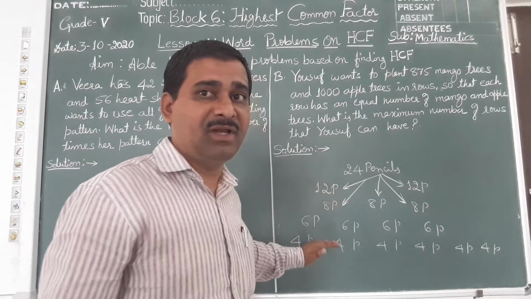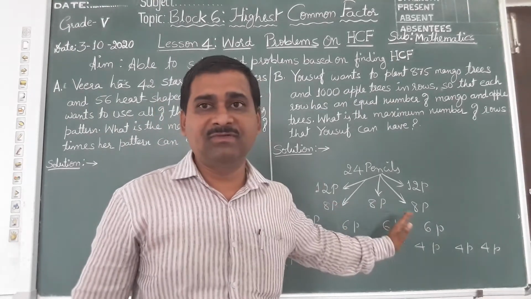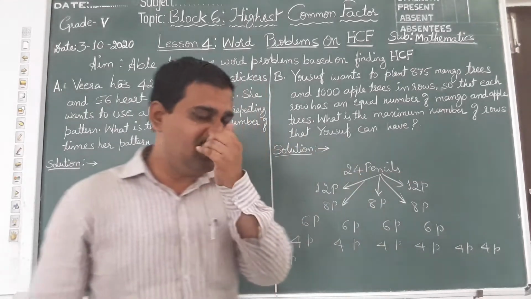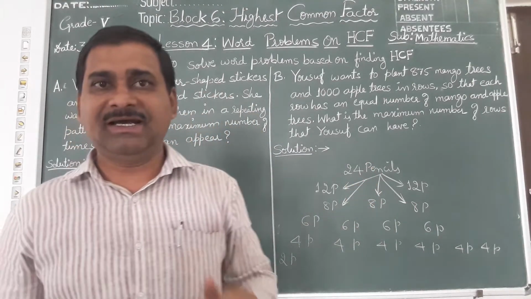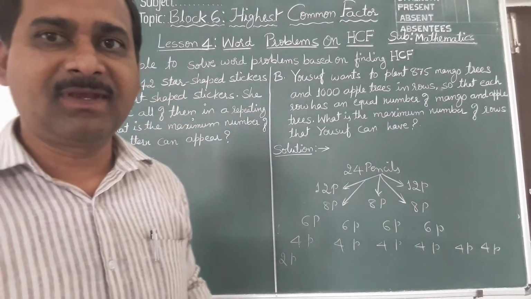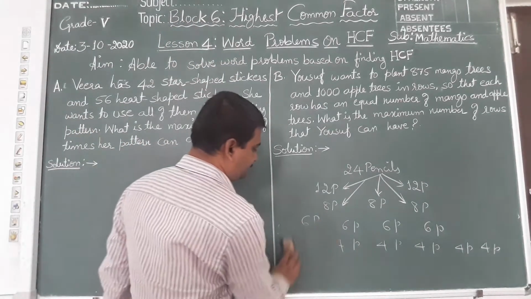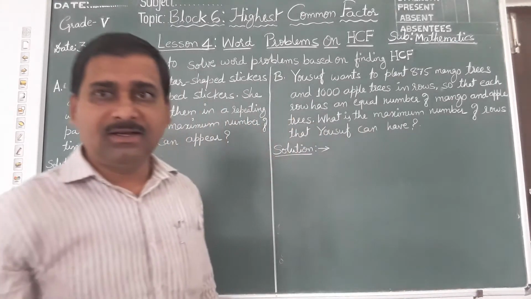various types of combinations, you should be able to write various types of combinations. Means groups, equal number of groups. How many equal number of groups you will get from the number? That is also asked in the workbook and in the practice questions. So this is understood, I think.